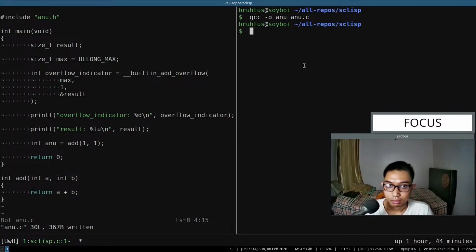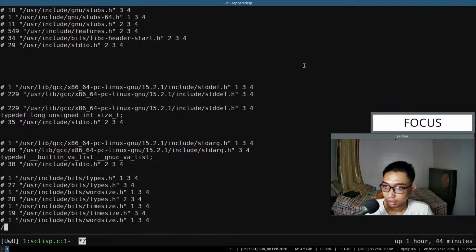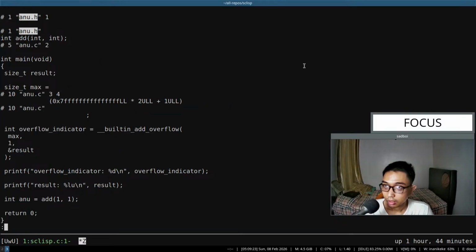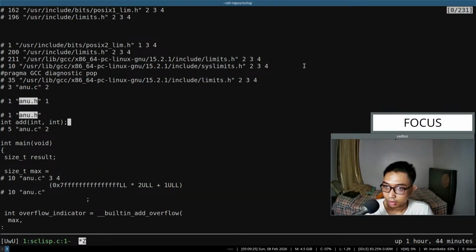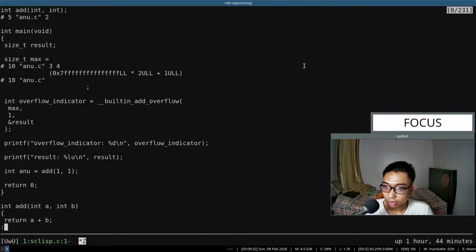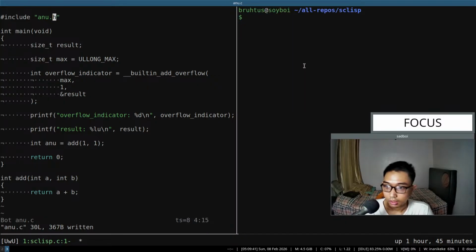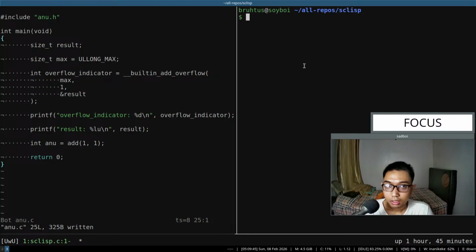It is because, well, let us check. Inno.h, we already kind of embed the header, so we have the declaration for this function. But then again, if we did not define the function, it should, oh,